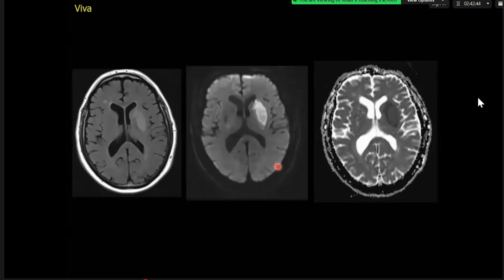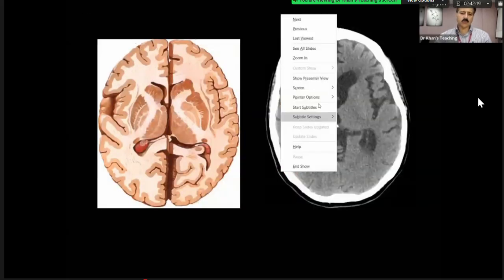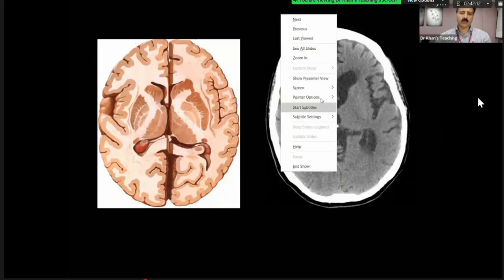Okay. Anatomy-wise, what is lentiform nucleus made up of? The putamen and the globus pallidus. So medially, name the nucleus medially. That would be the globus pallidus. Okay, fine. So a bit of recap of anatomy, and these questions which I am asking about anatomy have been asked in the exam. They are very simple questions, but if you know it, it becomes very simple. If you don't know it, it becomes difficult.